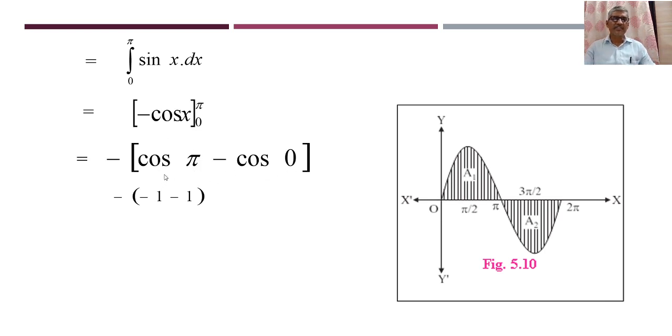Cos pi means minus 1 and cos 0 means 1. Minus 1 minus 1 is minus 2. And this is negative. Therefore, take its mod. Minus multiplied by minus is plus. Therefore, the A1 area is 2. Similarly, we can find the area A2